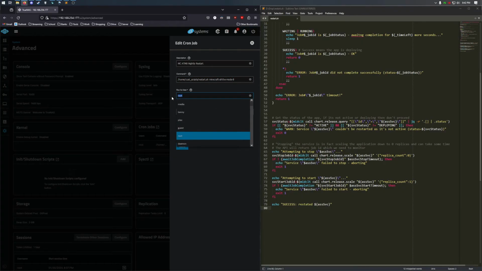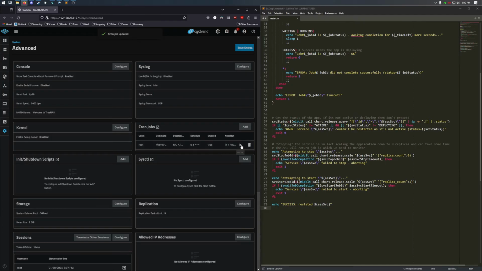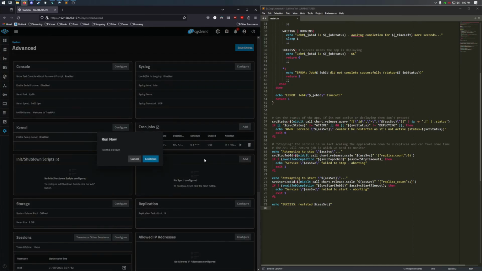You're going to want to run this as root user. And then if you don't understand how cron jobs work, you can look up a cron deciphering website. But basically, set this to whatever frequency you want, and it will run this command. So if I run this job right now,